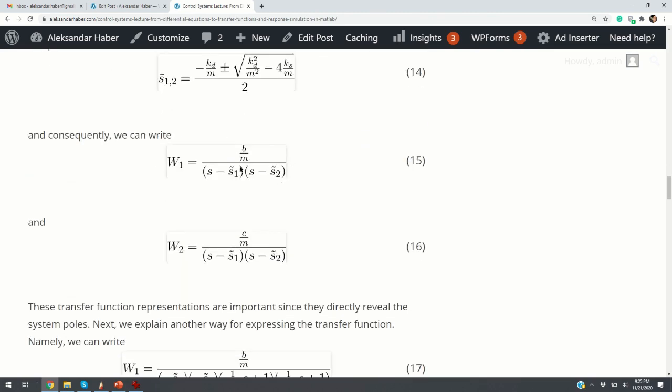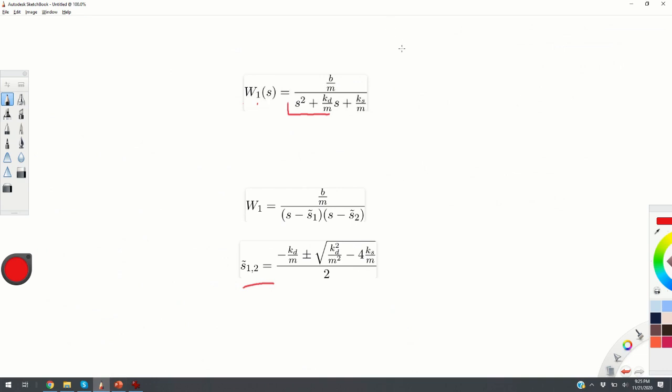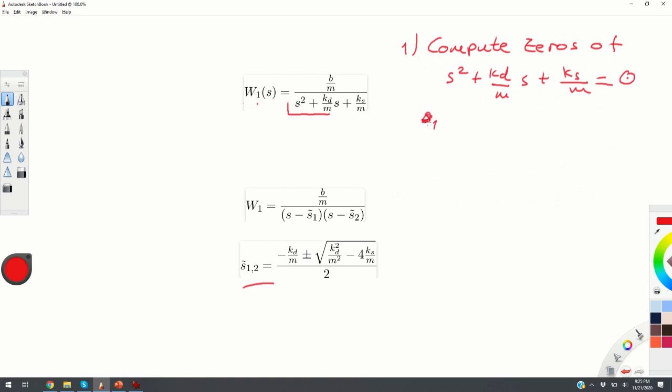So this is the way for factorizing the polynomials. The procedure is, again, compute zeros of the polynomial. These zeros are denoted by s1 tilde and s2 tilde. Then you can simply write this polynomial as